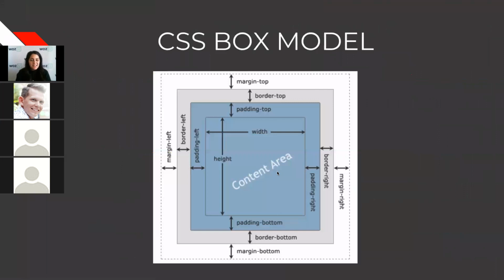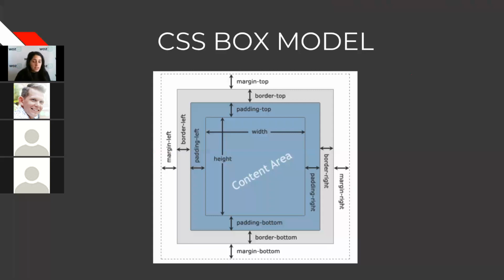And then the last thing I wanted to talk about is the CSS box model. So the CSS box model is going to be your best friend when you're playing around with CSS. CSS is a lot of trial and error. There are going to be times where you think it's going to go in one spot, but it doesn't go there. And then everything's not shifting right. Something's all the way over here when it's supposed to be in the middle of the page. And there's going to be a lot of trial and error.